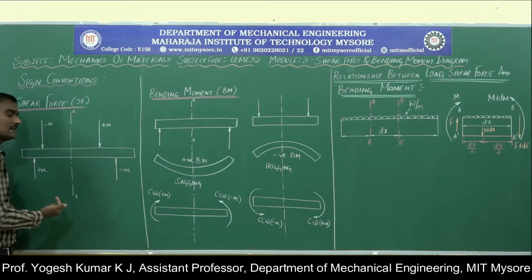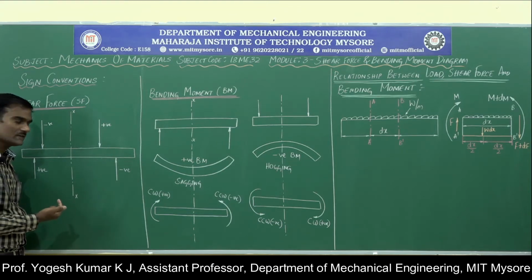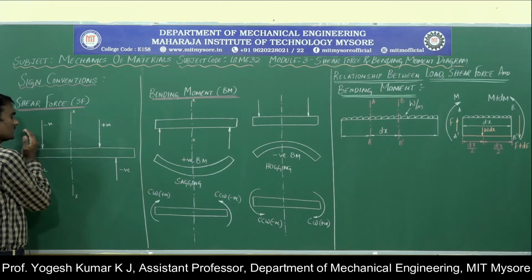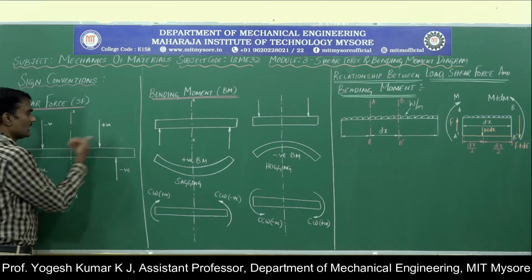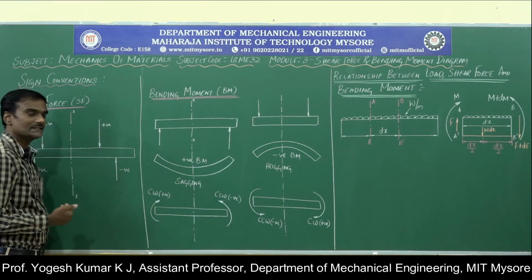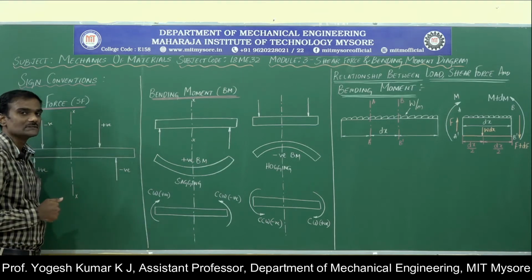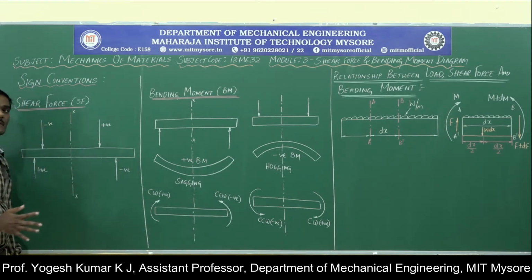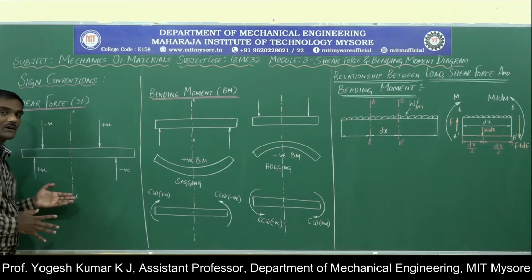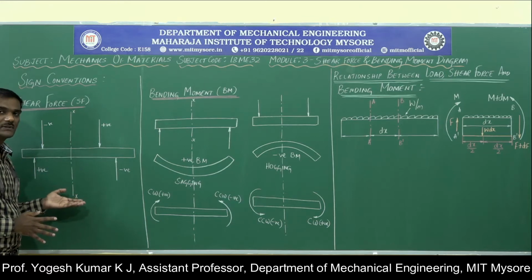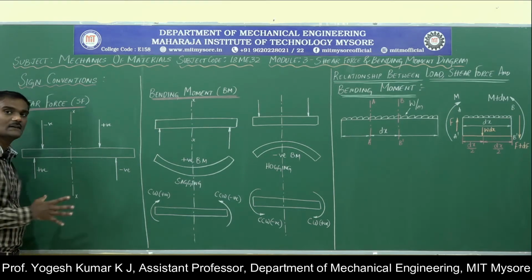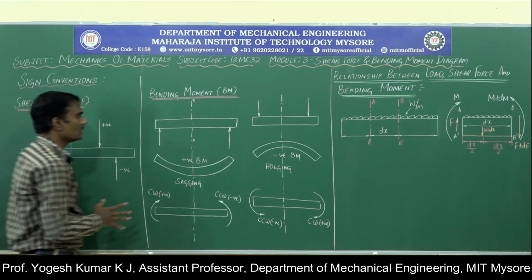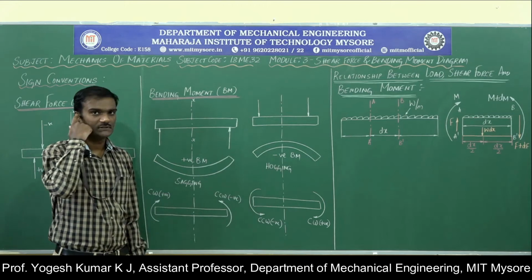So I will repeat, the sign convention that should be followed for shear force is forces towards the left side of the section, if they are acting downwards, is negative, if acting upwards is positive. To the right side, if the forces are acting downwards, then it is positive, if they are acting upwards, it is negative. This convention has to be remembered by you and recorded nicely in your minds, because while solving the problems, this sign convention is very, very important to have a correct solution to our problem. I hope it is clear. Shear force sign conventions are clear. Let us move on to the bending moment sign conventions.